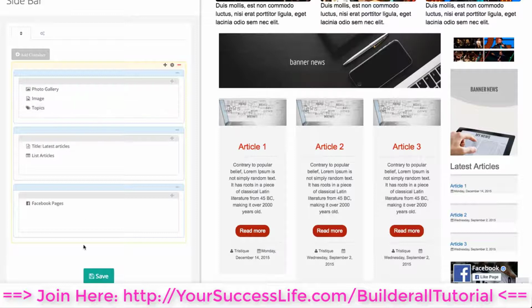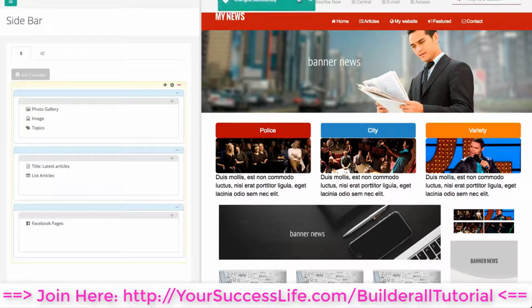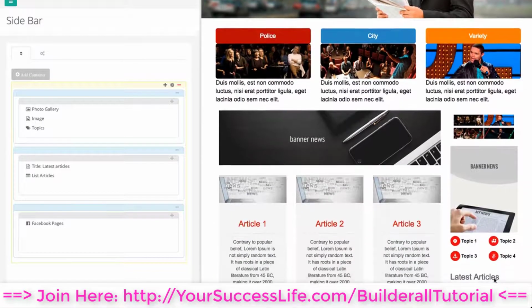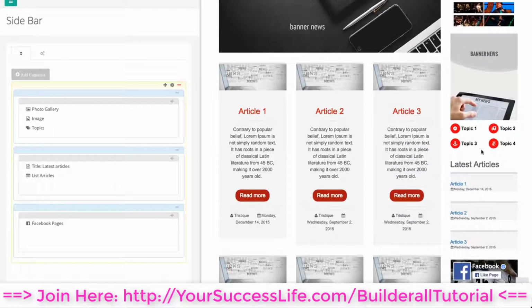All right, so now I have my topics. I'm going to save here. Once I save, get out of here, I can go over and see my topics. Here they are, 1, 2, 3, and 4 with my icons. All right, now what I can also do is I can create a new container, because I can also pull these and reposition, or I can create a new container here, go to add container,